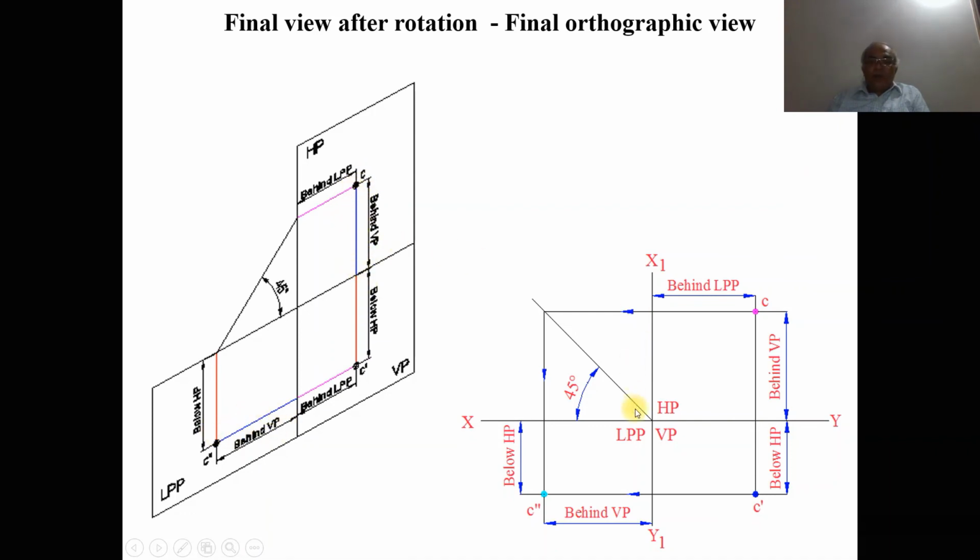So you draw adjacent, since I need to project this top view. So draw a 45 degree line adjacent to HP, and then you project the projector line from point C onto the 45 degree line. Then what happens? Behind VP, which is vertical, has transferred into horizontal distance, and then you project this down where you have the front view. On that line you are going to get the side view. So you are going to get this point as C double dash. So here behind VP is horizontal, below HP is vertical.